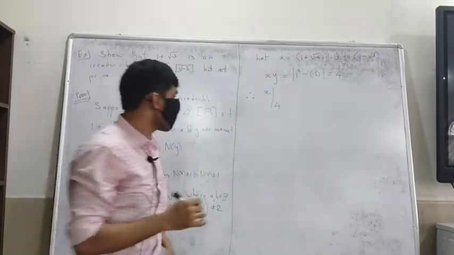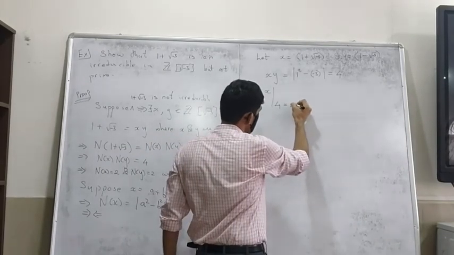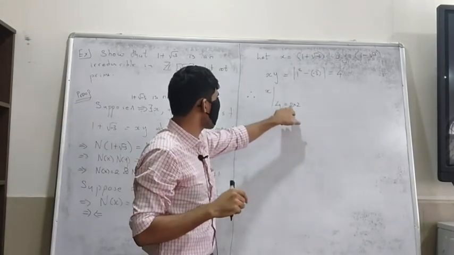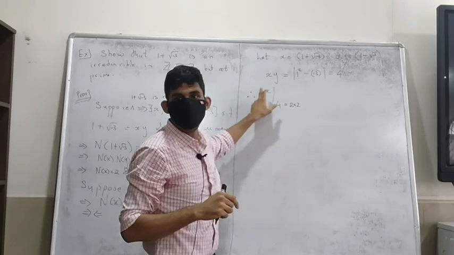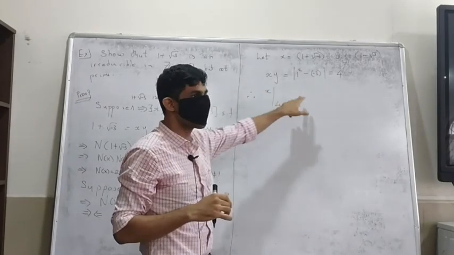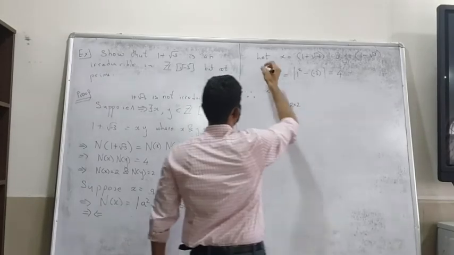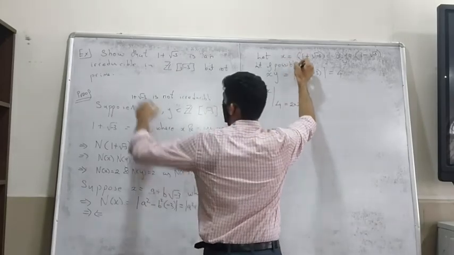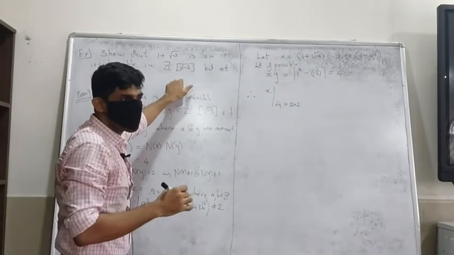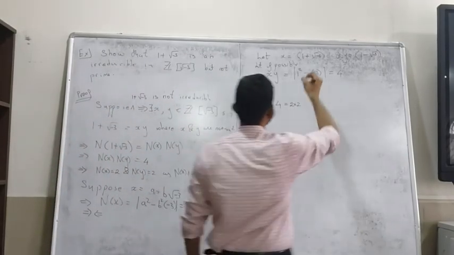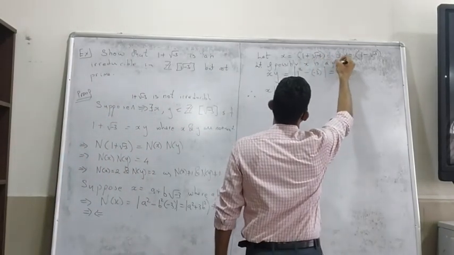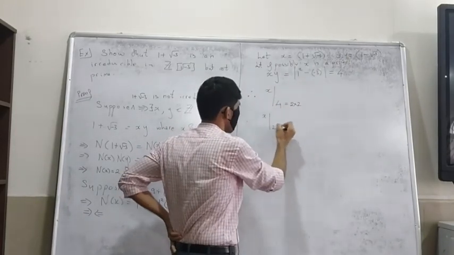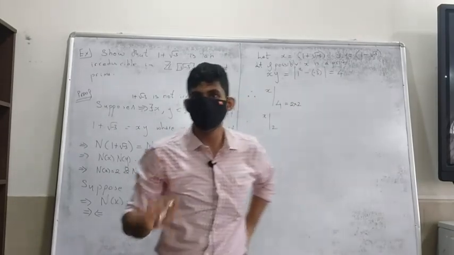Okay, x divides 4, but I know that 4 can be written as 2 times 2. So if x was a prime, then x should either divide 2 or divide 2, right? So let me say, if possible, I want to show that x is not a prime, so I'll assume it's a prime and get a contradiction. So okay, if possible, x is a prime. Since x is a prime, x would have to divide 2. This is a product of 2 and 2, this product is fine.